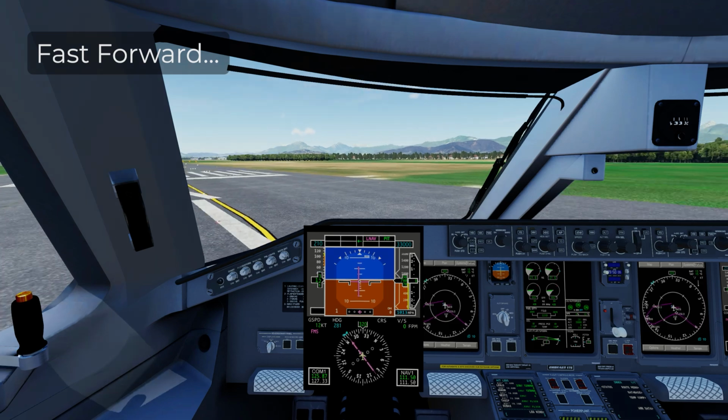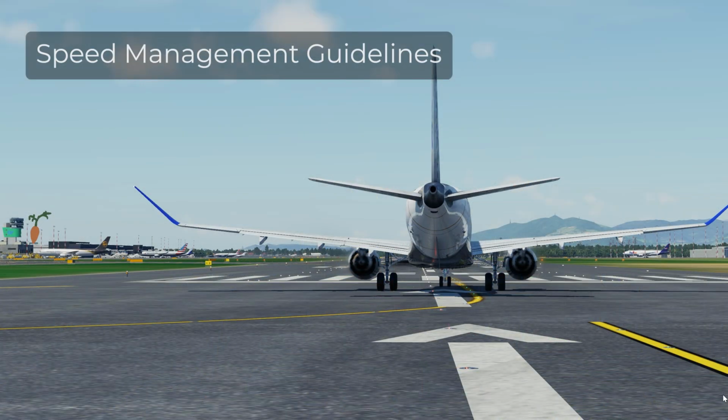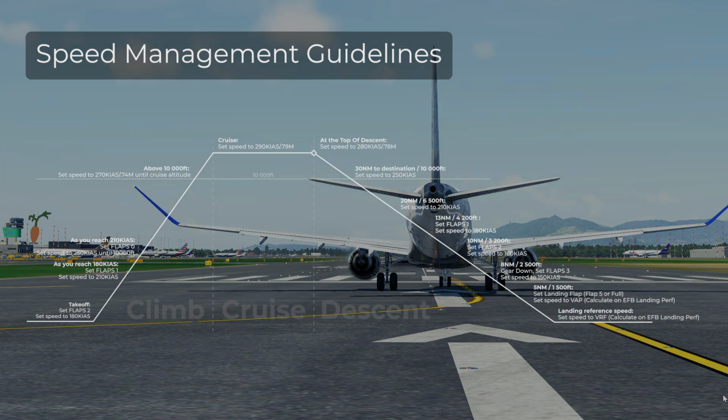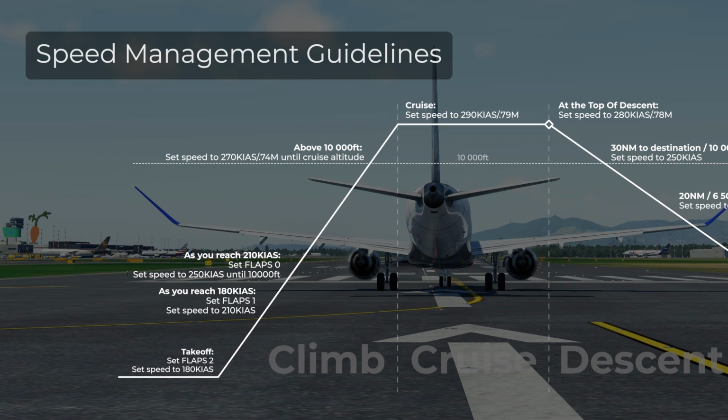Now, before we take off, I would like to show you these speed management guidelines that we created to make it easier for you to know what speed to set for each phase of the flight. Now, in the paid EJets version 1.1.0, the FMS would take care of all of this. It would automatically set and change the speeds throughout the flight for you using the FMS speed. However, if you want to manage the speeds manually, we created these speed management guidelines that will make it easier